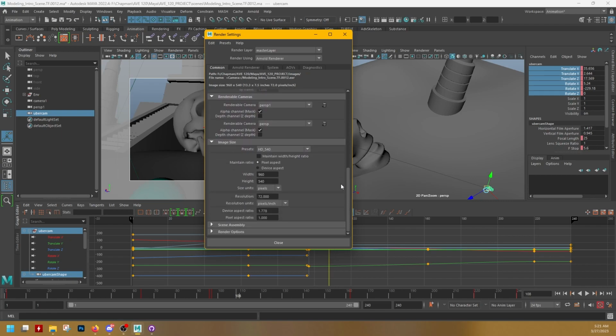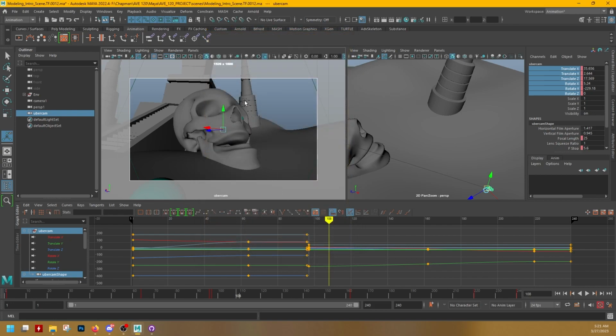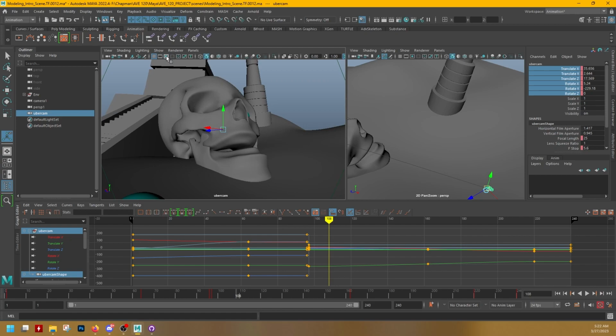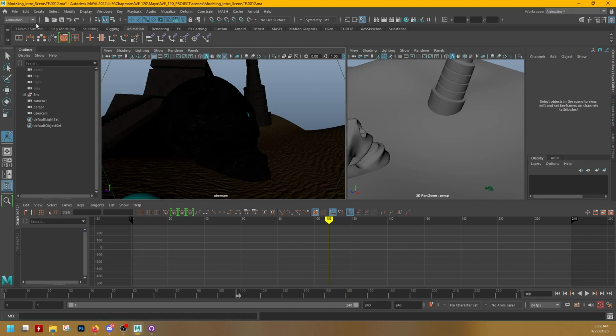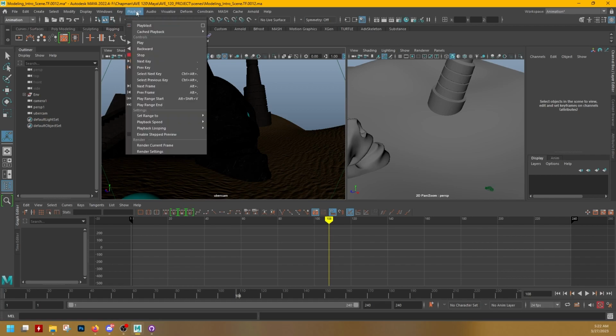But all we want to worry about is under image size, we're going to change the preset from HD 540 to HD 1080, and that will render a much better image. And I don't want the render gate to be in our Playblast, so I'm going to turn that off and turn our textures back on, and then making sure I'm in the animation menu set, I'm going to go to Playback,